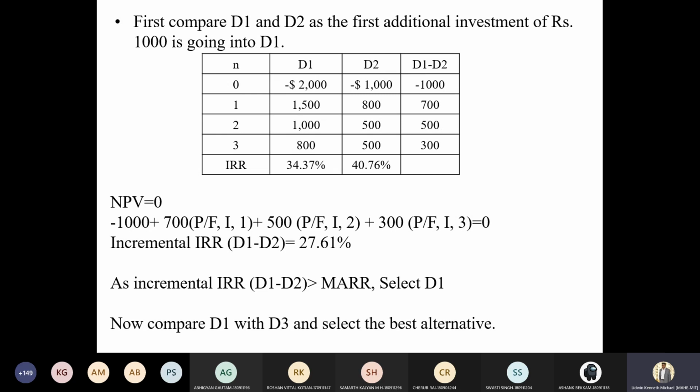So Yatin, you need to just check it actually. Like you might have made a small mistake. Please look into your calculations part. Okay, so select D1 over here. D2 is now eliminated actually. Okay, clear. So just go through this. I'm giving you 2 minutes time or maybe 5 minutes time. Just go through this. Just try to understand what is done over here, right?